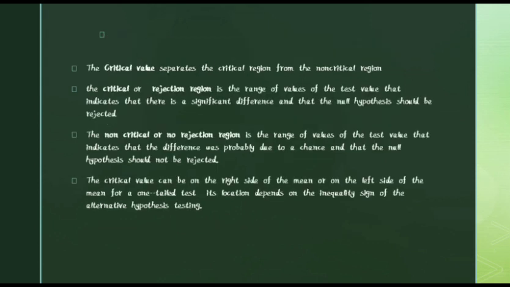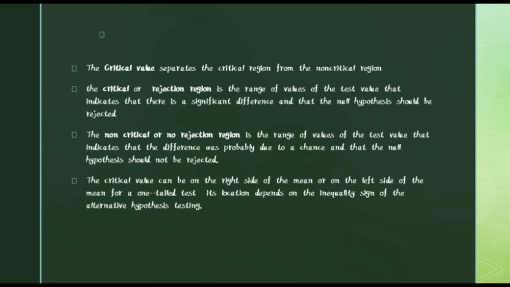The critical value separates the critical region from the non-critical region. When graphing a hypothesis, the critical value separates the critical region from the non-critical region. Makita na nato niya. So, the critical or rejection region is the range of values of the test value that indicates